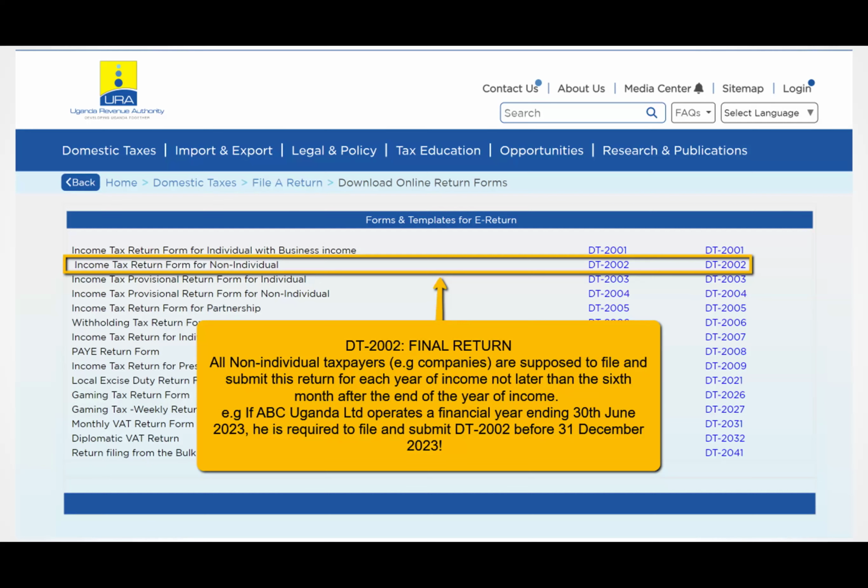Yes, one TIN for all the branches. A single TIN. Don't get a TIN for the Mukono branch; it does not have its own TIN. So don't do that. All non-individual taxpayers are supposed to file this one here and submit it for each year